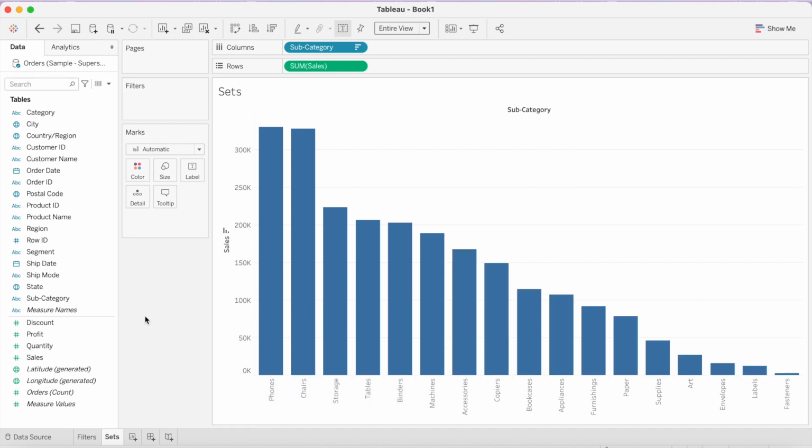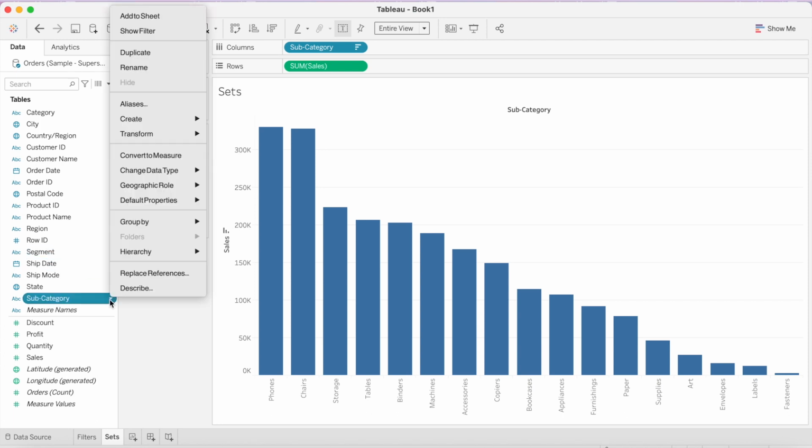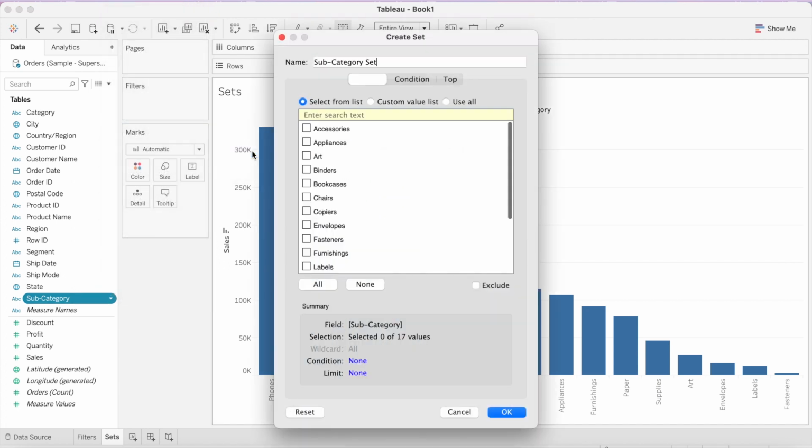The second way through which you can create a set, because again we want to create a set for top 5 subcategories by sum of sales, is to right click the subcategory pill here, and once we go to create, here we will find an option set. We will select that and a dialog box would appear named create set.